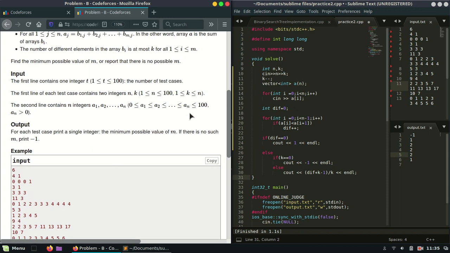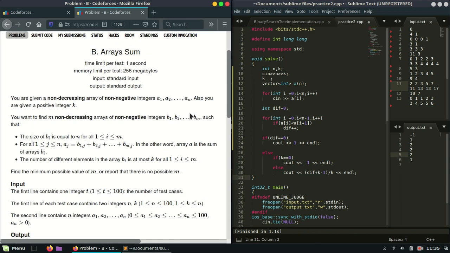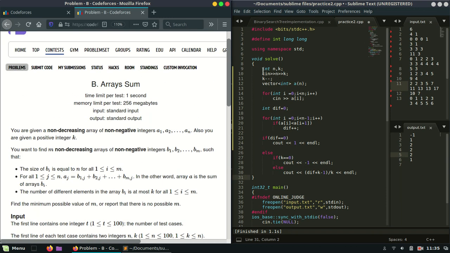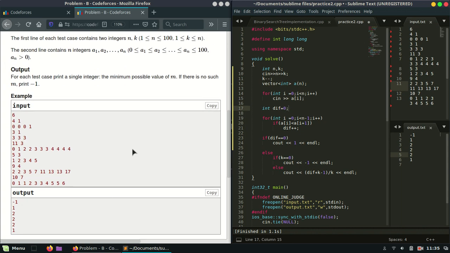So what is the logic? We will take input n and k as told in the question. We will decrement k, and we will take a vector a as input, and we will take a different integer diff, which will tell us the number of different elements in the array.